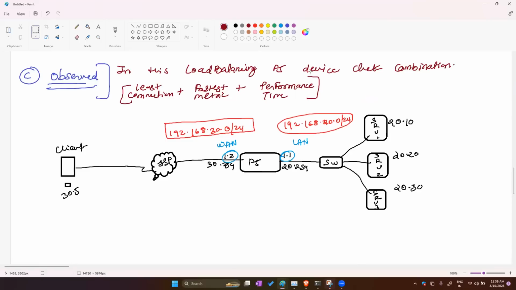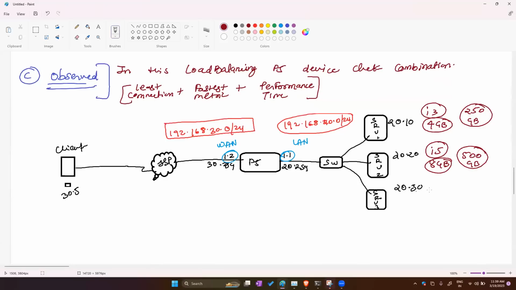Server 1 says, I have an i3 processor, 4 GB RAM with 250 GB storage. Server 2 says, I am an i5 device, 8 GB RAM with 500 GB storage. Server 3 is an i7, and we are using 16 GB RAM, and 1 terabyte is my storage. Now, in this case,